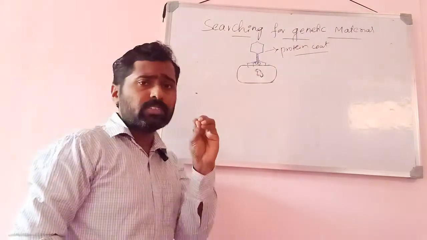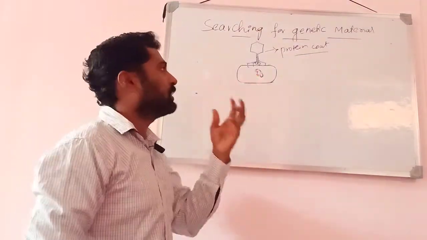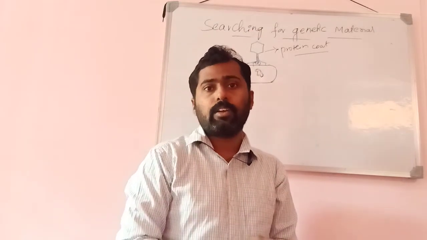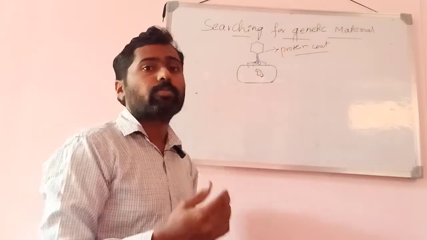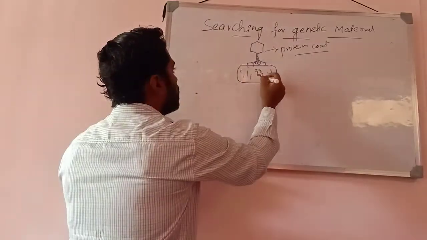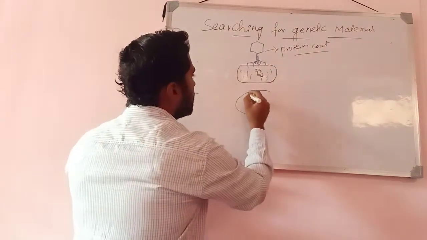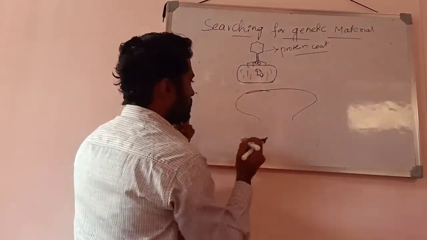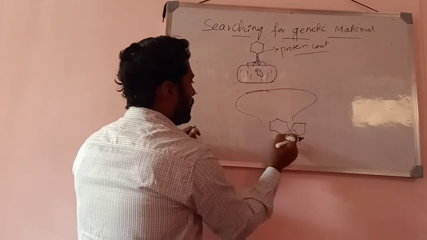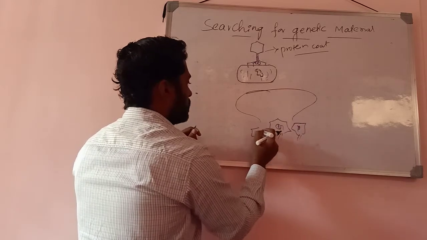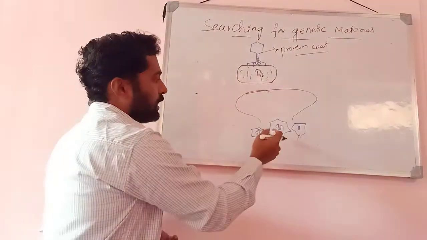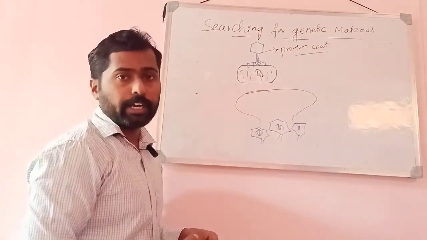Once they enter inside the cell, the DNA or genetic material of the bacteriophage takes command over the metabolic machinery of the bacterial cell, and its DNA multiplies. The number of bacteriophage DNA multiplies, and finally new bacteriophages come out with a new protein coat, and the DNA gets packaged inside. The new bacteriophages come out by lysing the cells, isn't it? Then the DNA gets packaged into that protein coat, that is the head of the bacteriophage.